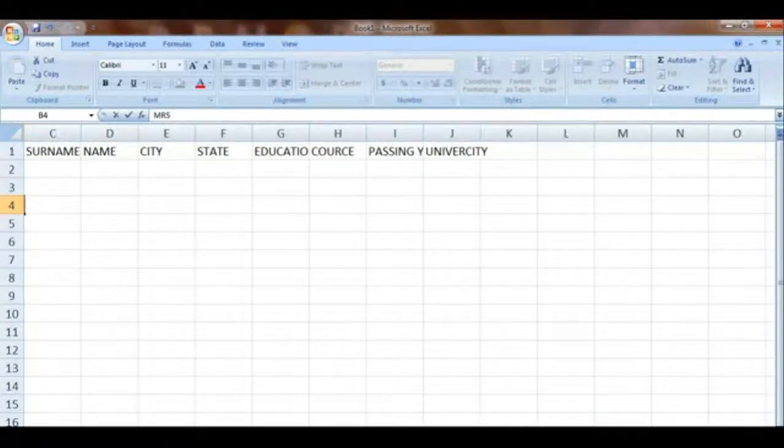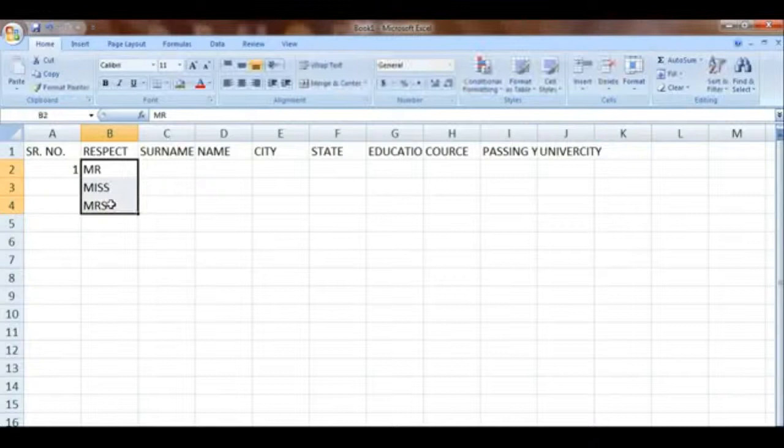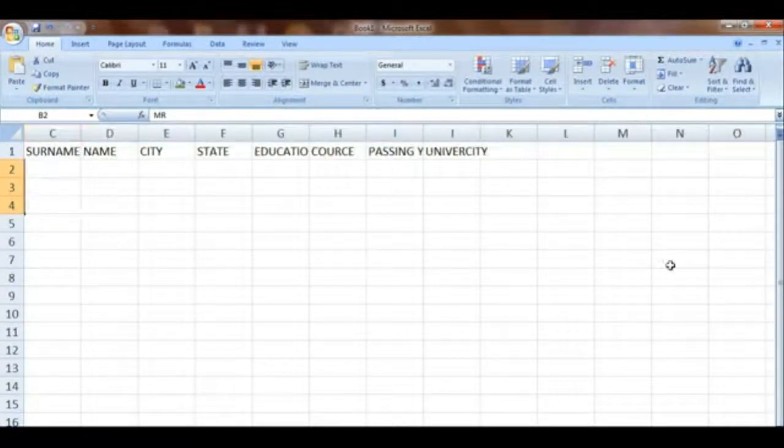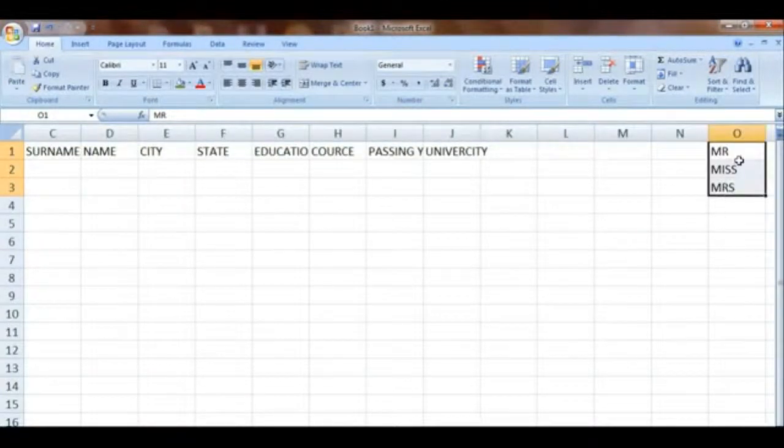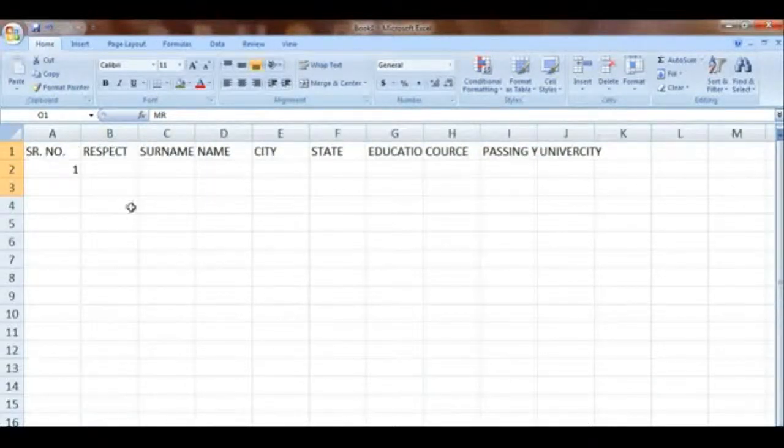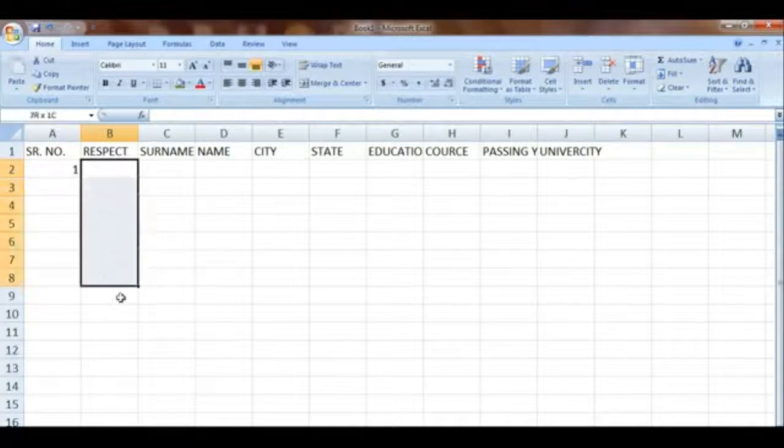So write these three things in some other column. We can put it in rows also, but I put it here in a column, O, and rows 1, 2, 3, where Mr., Miss, Mrs. is written.